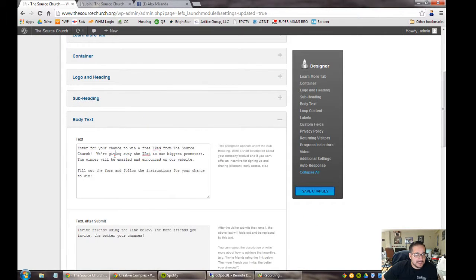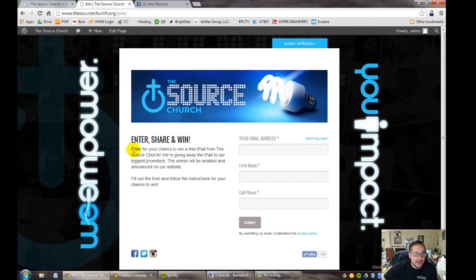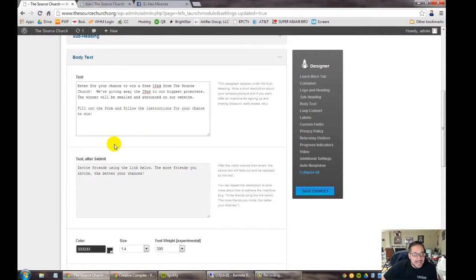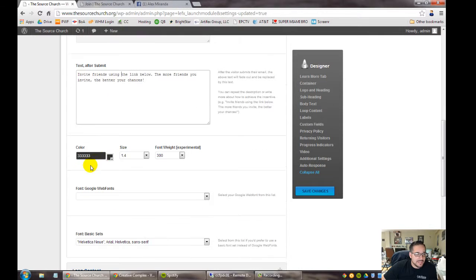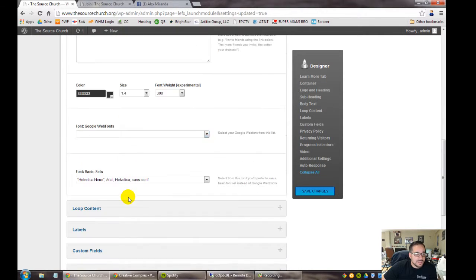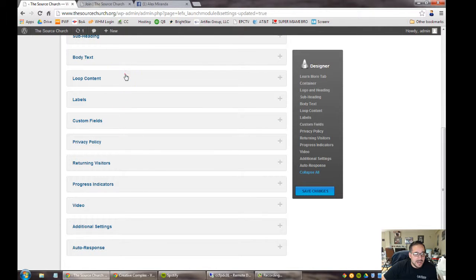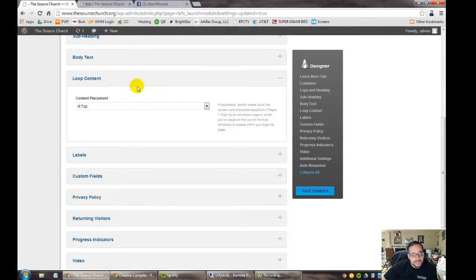The body text, that's where you see this area right here. You're able to control that all right here. And then after they submit, you control that body text right there. Same thing, color, size, font, what type of font is used is all controlled right there. Loop content,